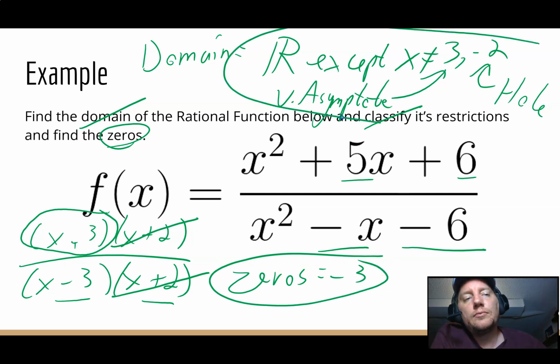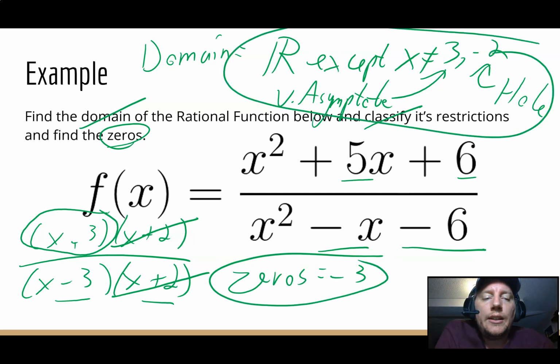Because that's all that's left. Okay, it's all that's left after it's been canceled. -3 would make the top equal 0. We don't care about the bottom. We don't want the bottom of a fraction being 0. We want the top being 0. So zeros is only -3. So that's essentially what we're doing with this lesson: can you factor, can you cancel, domain, classify, zeros, stuff